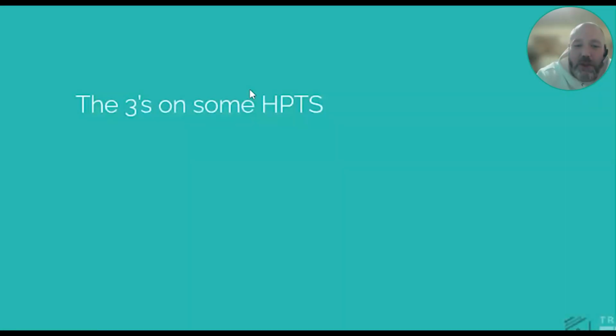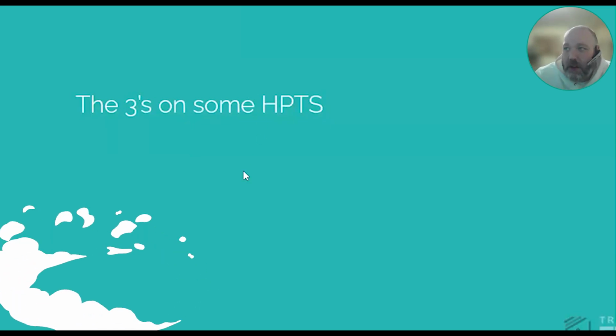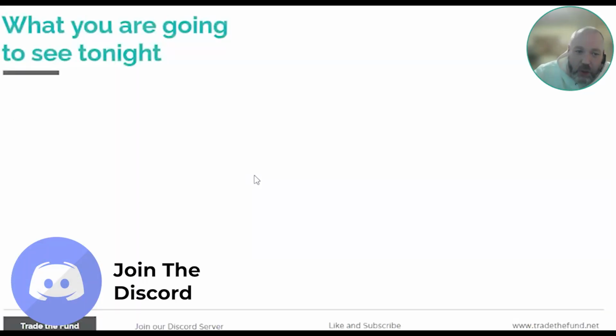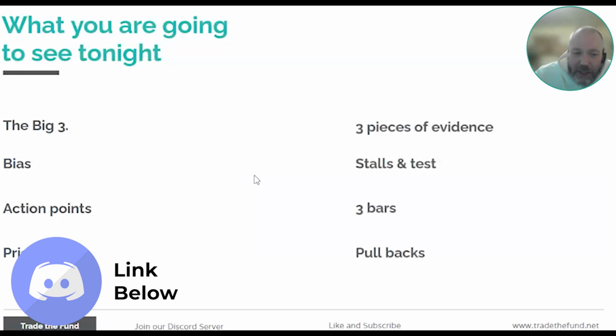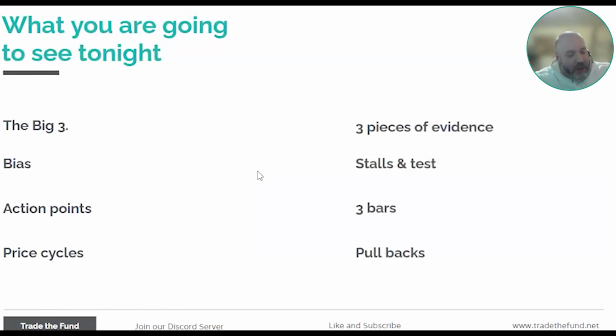Kind of the threes on some top are some high probability trade setups that we have had. Kind of what I'd like to give some light on, or kind of just show how I do, and maybe get feedback on help so I get better. But the big three: bias, determining bias,